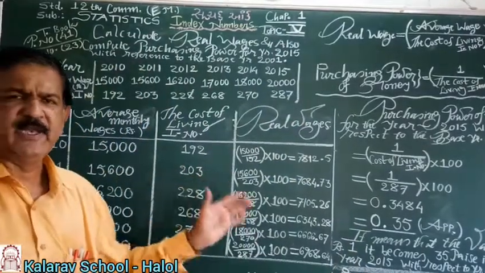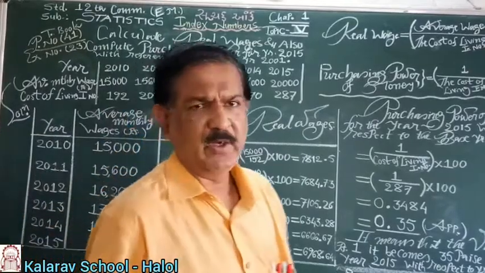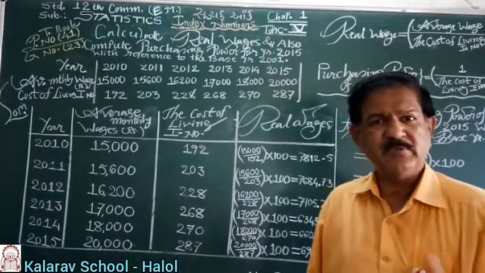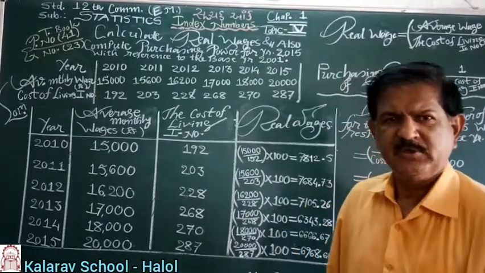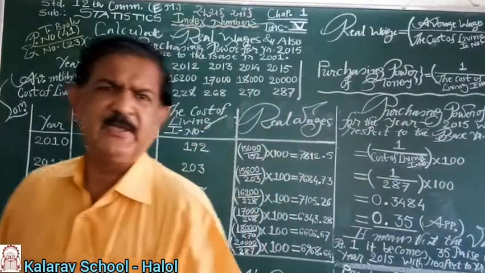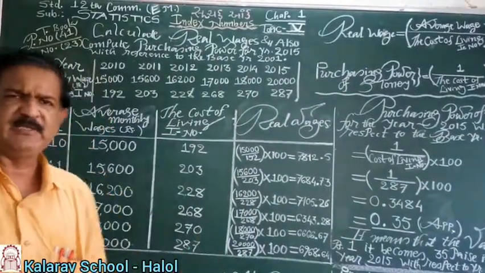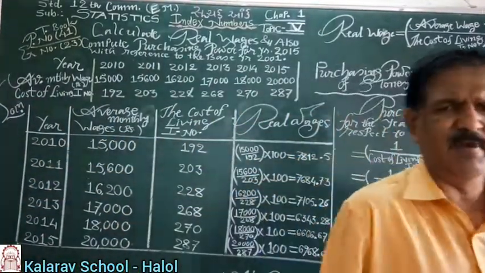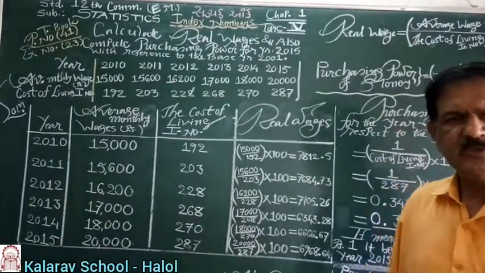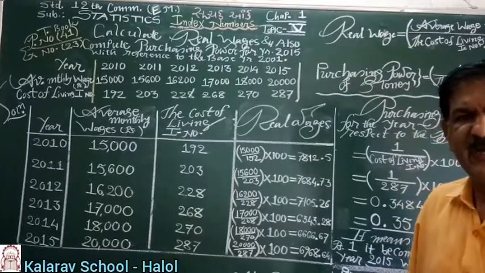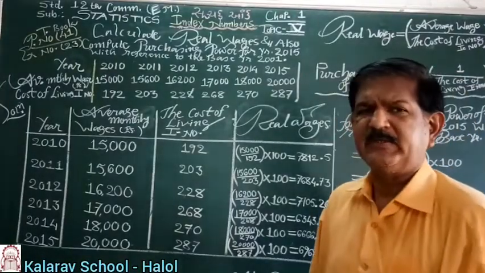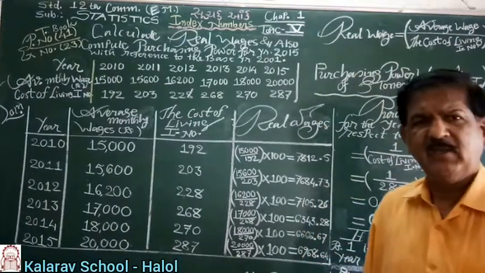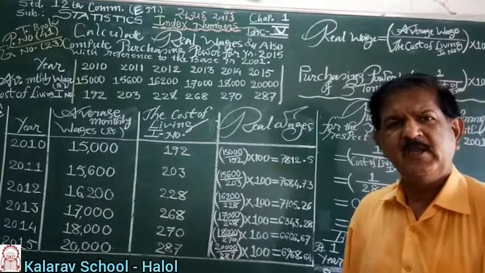In chapter 1, that is index number, we have covered different methods. This is the last part of the chapter. We have seen fixed base method, chain base method, conversion of fixed base index number into chain base and chain base index number into fixed base. Moreover, weighted indices, that is Laspeyres, Paasche's and Fisher's index numbers. Also we have covered the cost of living index number by using two different methods, total expenditure method and the family budget method. Now today we are going to see how to compute real wages and how to calculate the